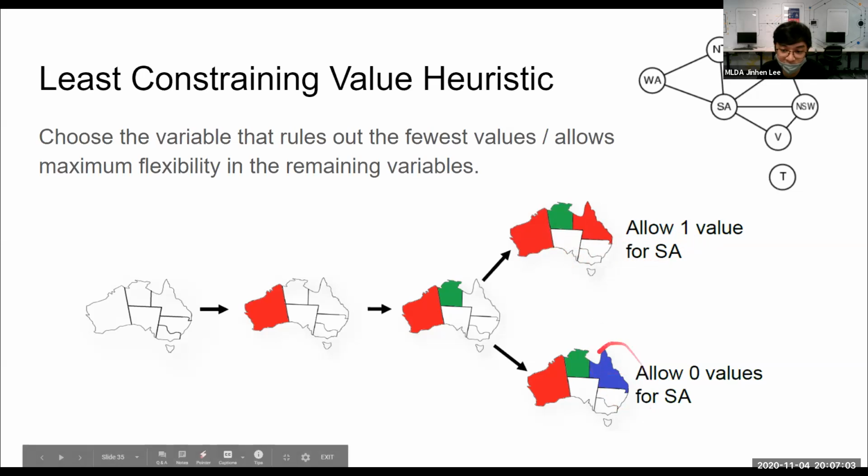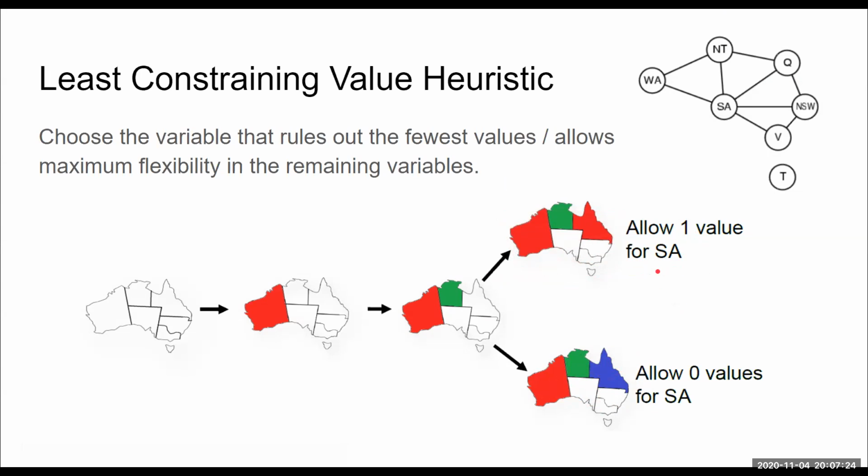But if I fill in blue over here, I realize that I have 3 colors used already. If I put red here, it will violate with this red over here. If I put a green here, it will violate with green here. If I put a blue here, it will violate blue here. So there's actually 0 values allowed for this SA anymore. So in the end, I choose this top one instead. All right, thank you.